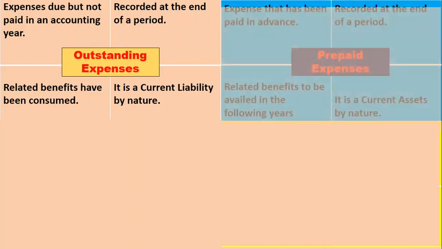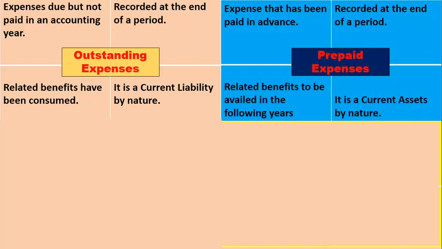In the same way, there are advance expenses or prepaid. Prepaid means the expenses that have been paid in advance. Just check the nature here. You paid the money but the services are still not availed. So the amount which is paid, the benefit is still to be received. So this is your current asset. If you pay any amount in advance, that means the benefit is still to be received in future, so that becomes your current asset.